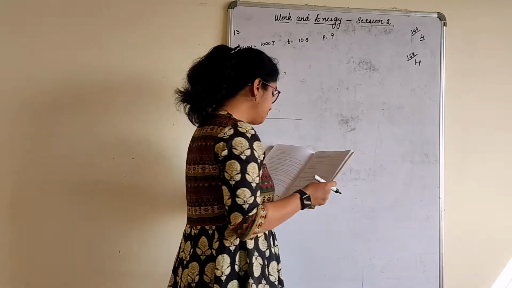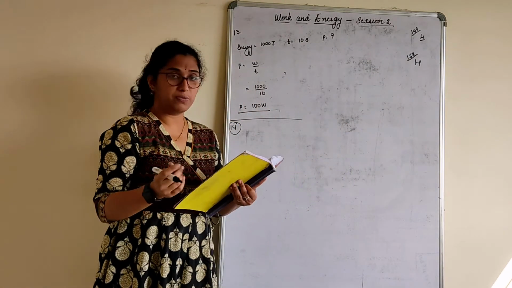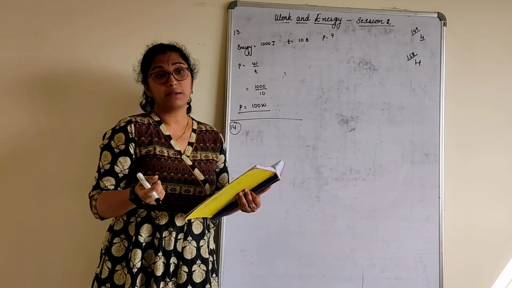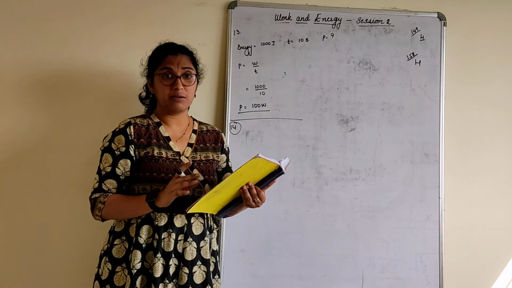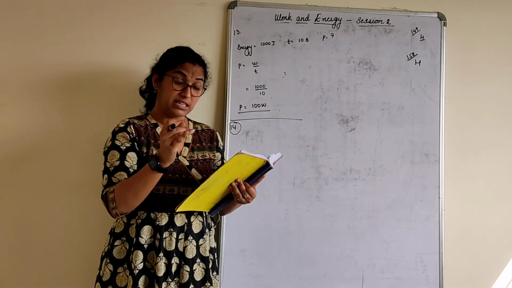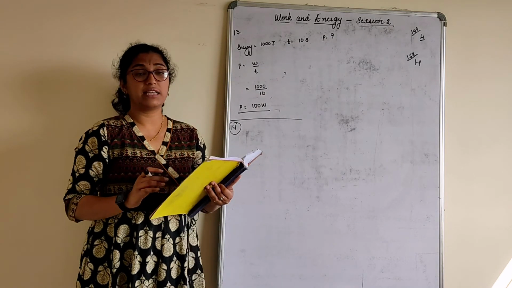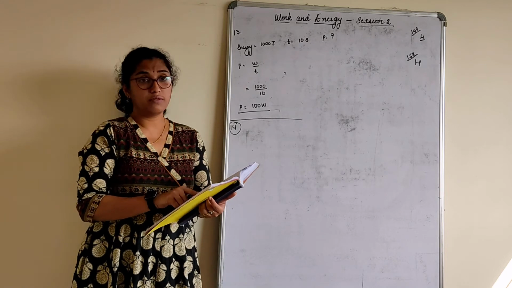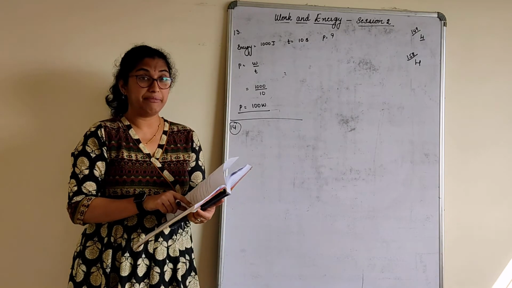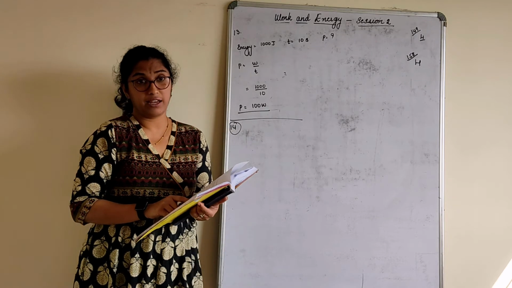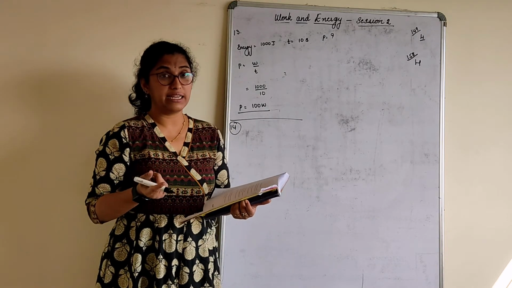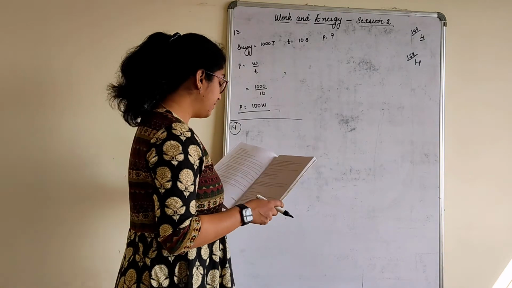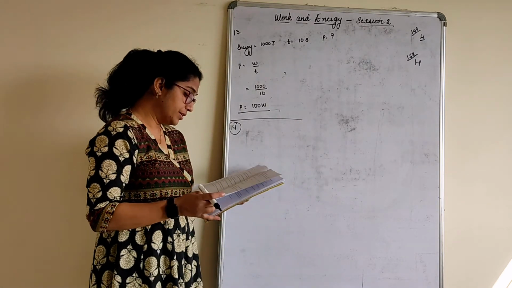So what is the question? A certain force acting on a 20 kg mass. Mass is given, 20. Velocity changes from 5 to 2. That means you know what the initial and final are here. It is decreasing. Calculate the work done in this case. Now work done, how do you calculate? Change in kinetic energy. Do not go with the solution I have given. I have made a mistake here. I will not tell what mistake I have made, but you know how to solve it. Change in kinetic energy, do that, and with respect to that you will get the answer. Page 158, 4th one, I have marked for homework.